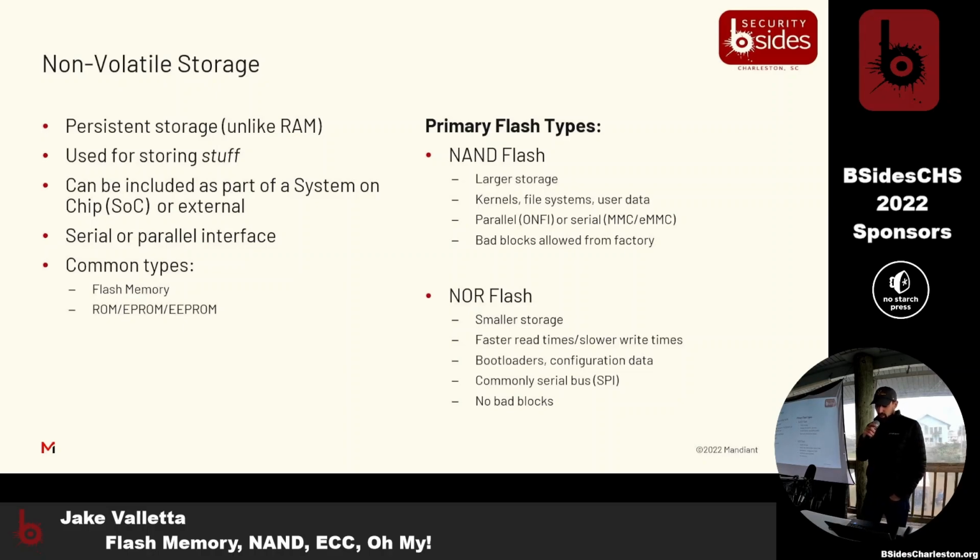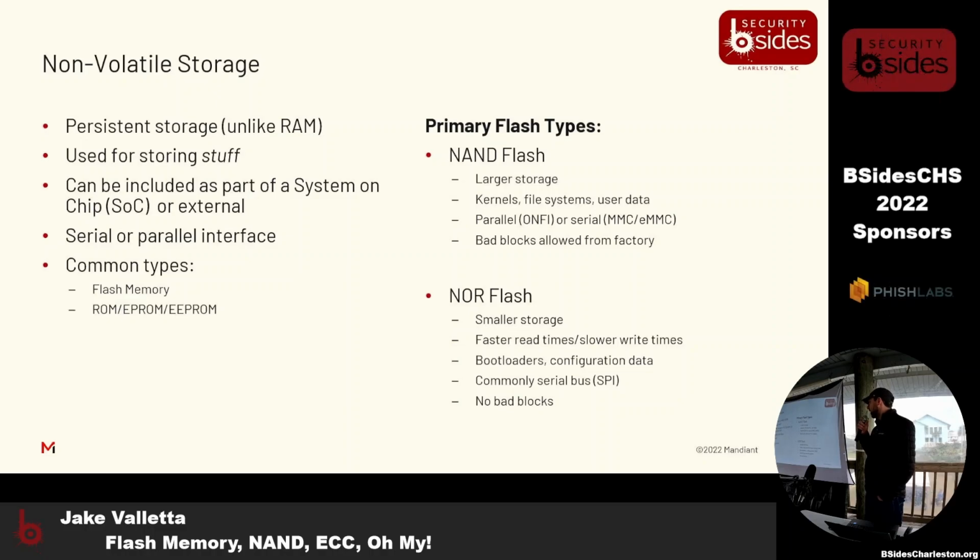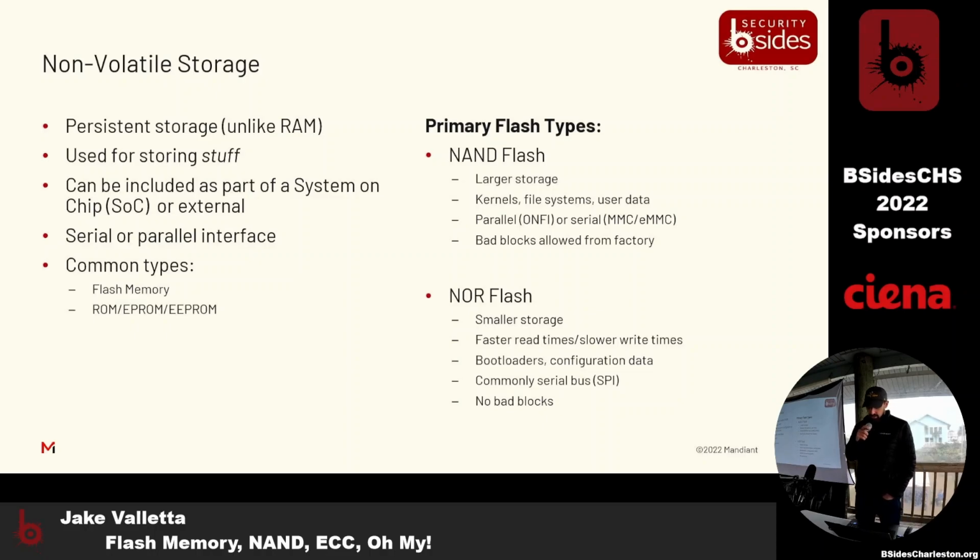And this is where you're going to find things like kernels, file systems. You'll also see bootloaders here, so it's not impossible that it would be there. User data, of course, configuration, logging, all that stuff, that's usually going to be on a NAND flash. Two main mechanisms for access here. You'll see parallel, which just uses more pins. I have some pictures you'll see. Or a serial protocol